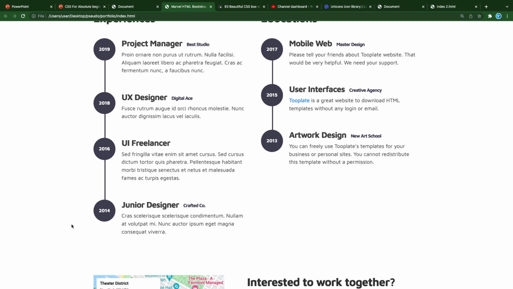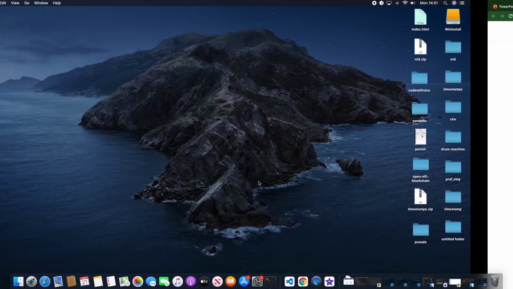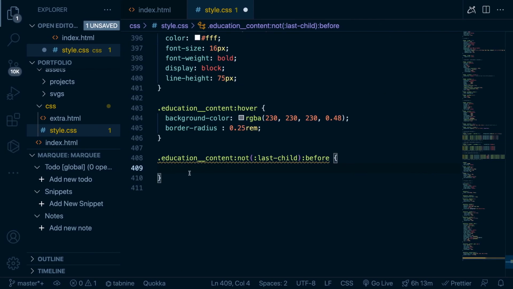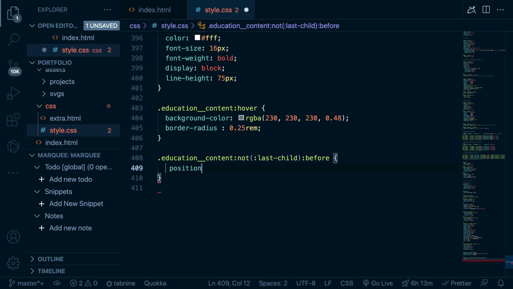If we had done it after, there would be an additional line here because it's coming after. So now we are targeting the before, so we should get this line, grow this line before the circle, right? And to do that isn't that simple, but we should just set our position to be